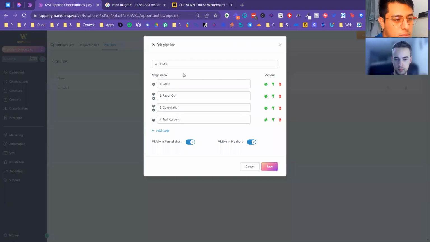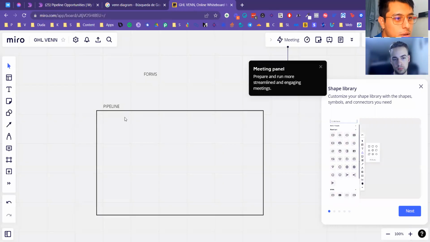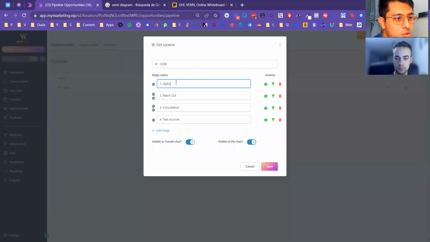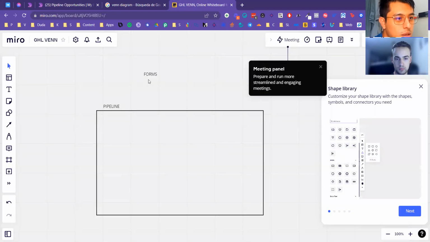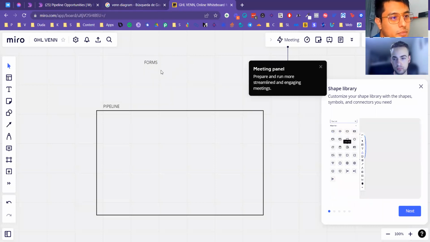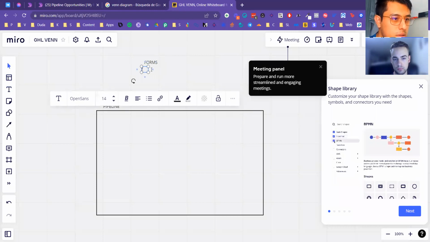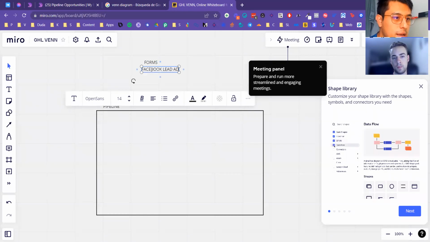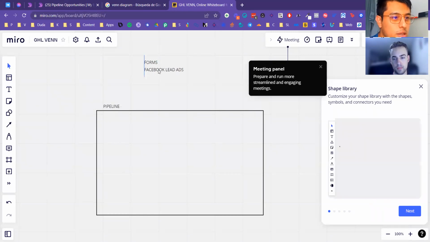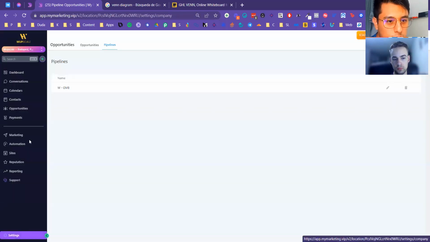Okay. So basically you have your offer here, which is the pipeline, and explained with the Venn diagram, you have a universe, which is your offer. So the pipeline is the universe, right? And to send information to the first stage, you will need forms, or you can also use Facebook lead ads. And to connect these Facebook lead ads, you have to go to integrations here,